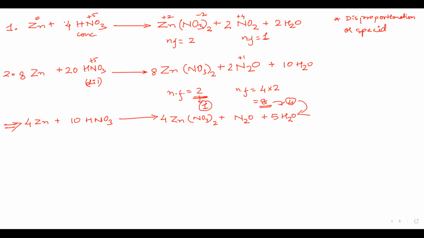Now I will write the reaction faster. Next reaction is with, let us see, with copper. Okay, we have done one above. Let us see with copper. Copper plus HNO3, concentrated. What will we get? We will get Cu(NO3)2 plus, if it is concentrated, there is no question, we will always get NO2, and plus there will be H2O. We will see that later.